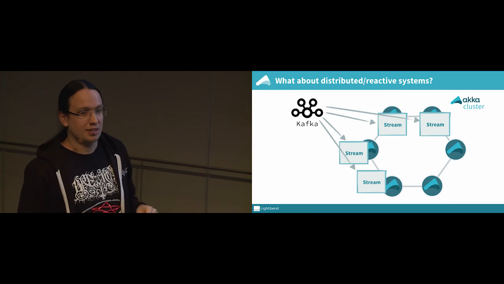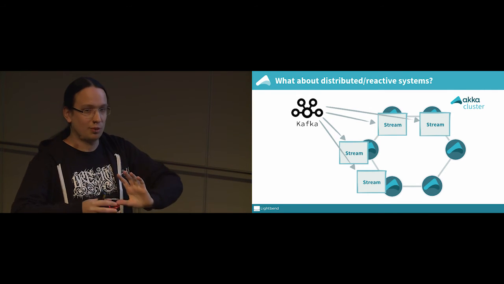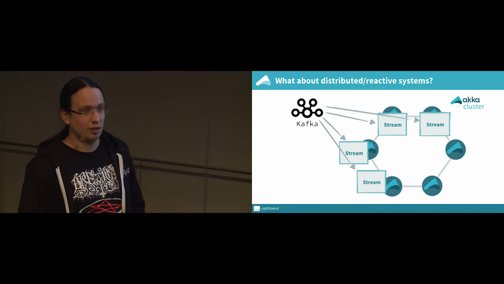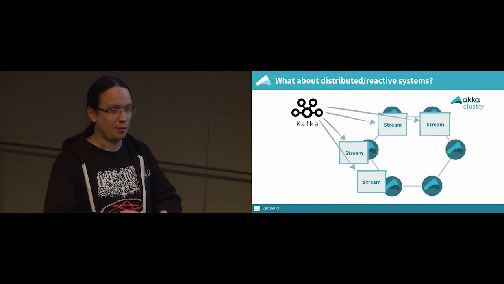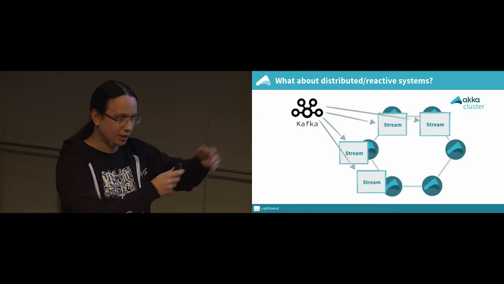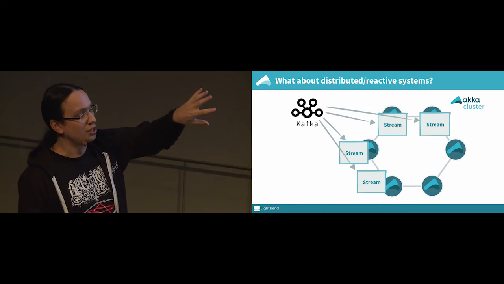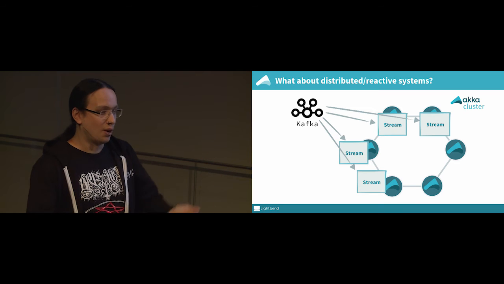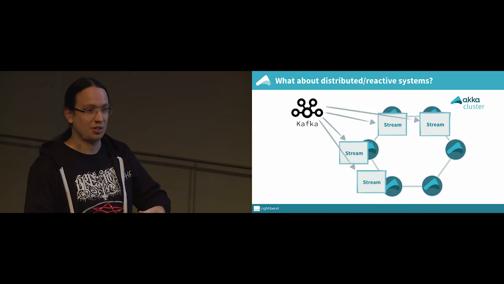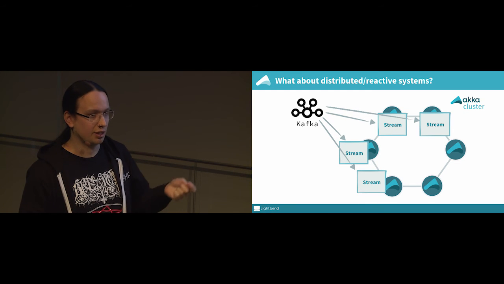But a pretty cool thing is that this fits very well. So Akka Streams are local, but they fit really well together with actors. If you, for example, have a huge amount of elements that you need to process out of a Kafka server, Kafka cluster, then you could use the cluster tools in Akka to make sure that you have one stream